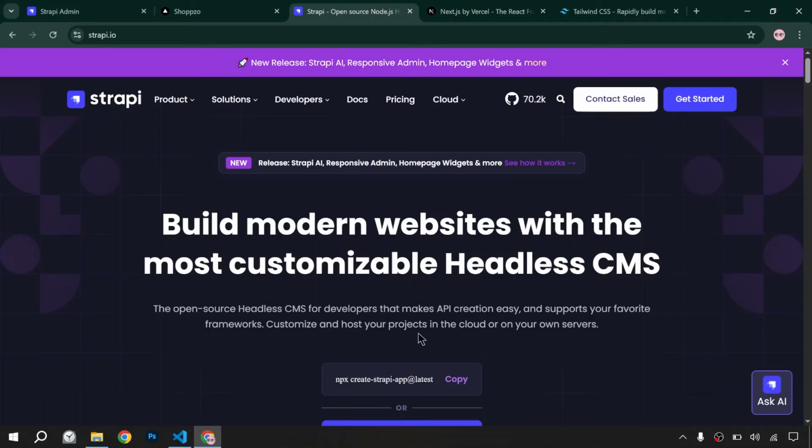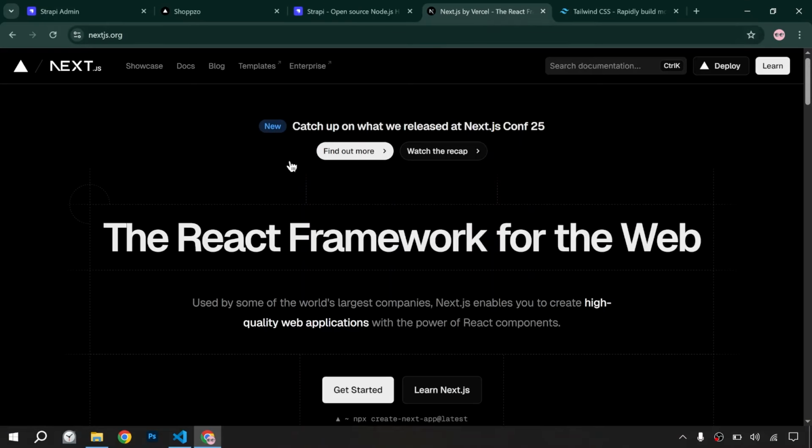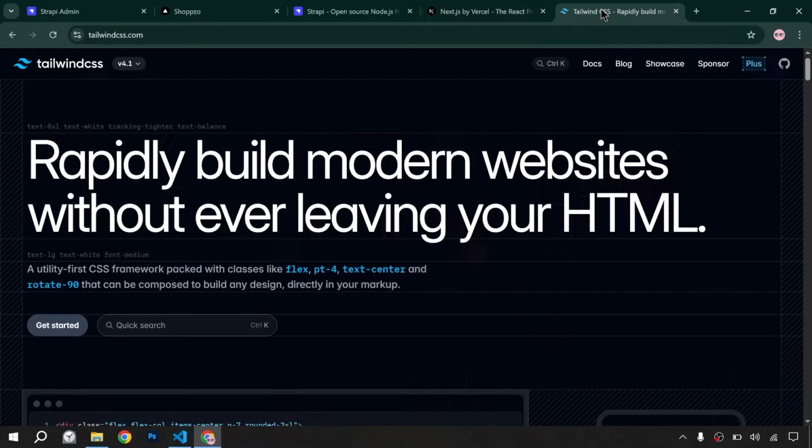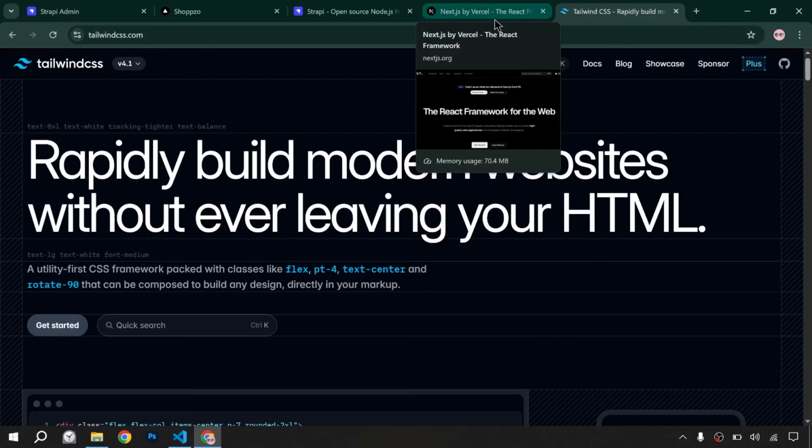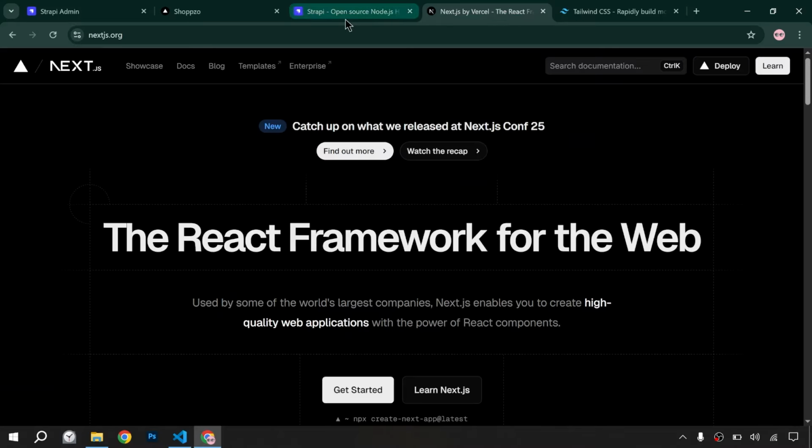Okay, so our admin panel will be built with the help of Strapi, and we will also use the Next.js React framework, and we will use Tailwind CSS. And if you don't know about Next.js or Tailwind CSS, then don't worry, we will learn each and everything. Okay, so